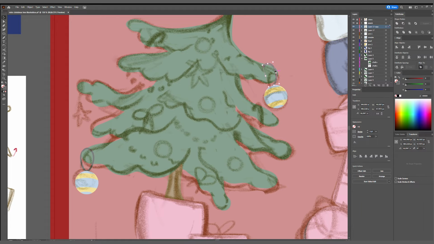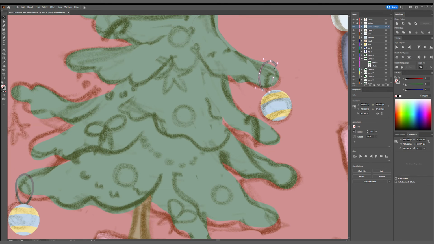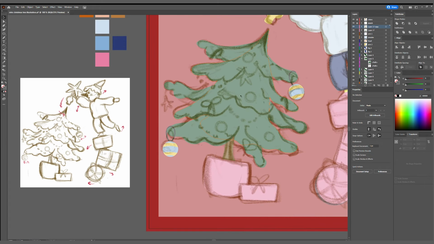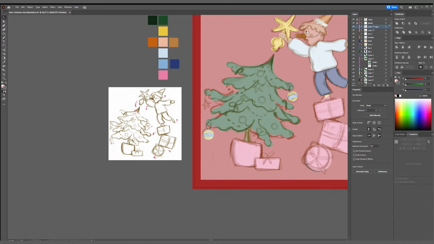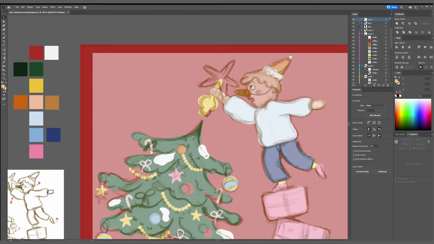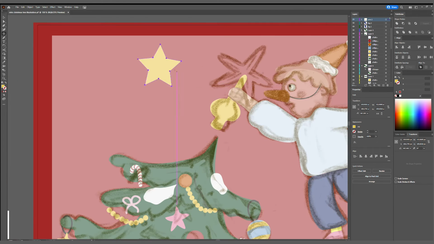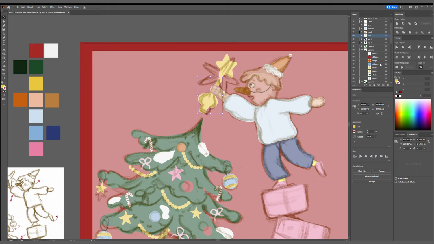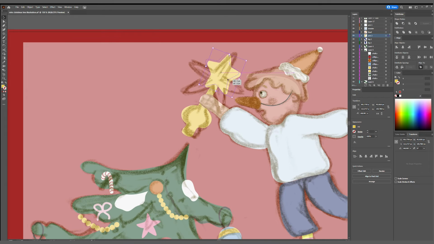I'm using the same shape and the same stroke. I'm only reflecting it to the left. So with the same primitive forms such as ellipse and star, I'm creating the other Christmas tree decoration elements. I didn't like the hand-drawn style of my main star, and so I recreated it with the normal standard star